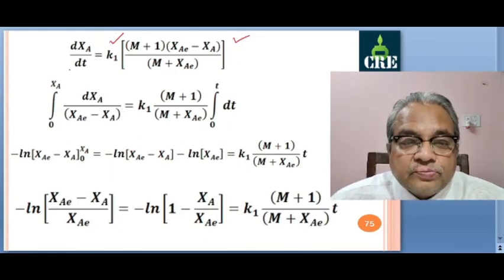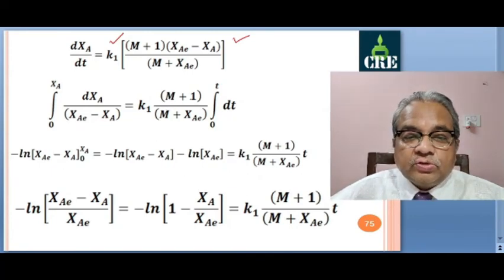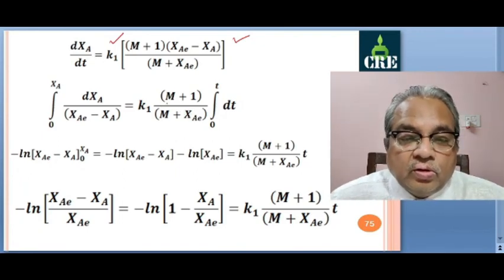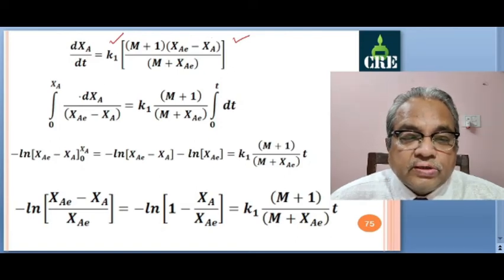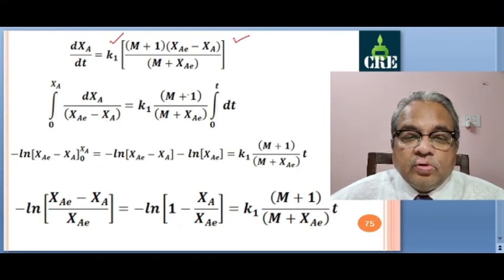Now we have to solve this. K1 dt, M plus 1, M plus XAE. So M plus 1 is constant, M plus XAE is also constant for given values of K1, K2. Now transfer XAE minus XA to this side. So our integral 0 to XA dXA by XAE minus XA is equal to K1 into M plus 1